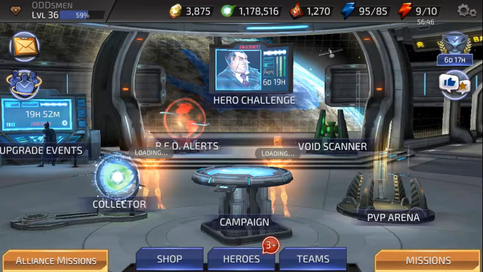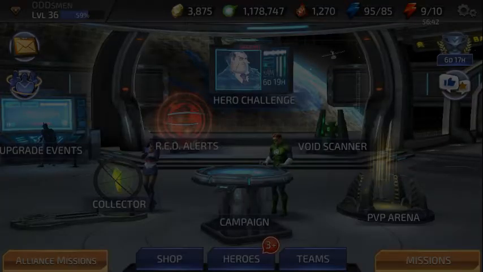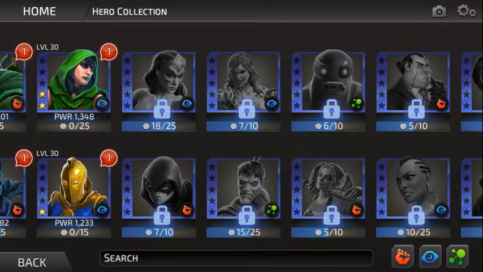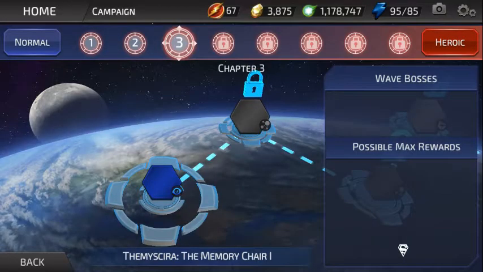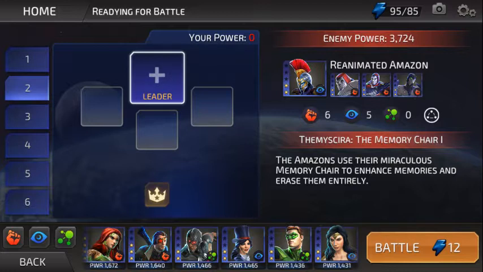Now, another thing you want to do, you want to collect the Essence Collectors as you can, because it does give you that essence. You do, however, want to go in here and look at the characters. Okay, we have seven Cheetah shards. Let's see if we can unlock Cheetah. Alright, so we haven't even tried this mode yet, so let's go ahead and see what we can do. Alright, so we've got 6 physicals, 5 mysticals. Go ahead and...